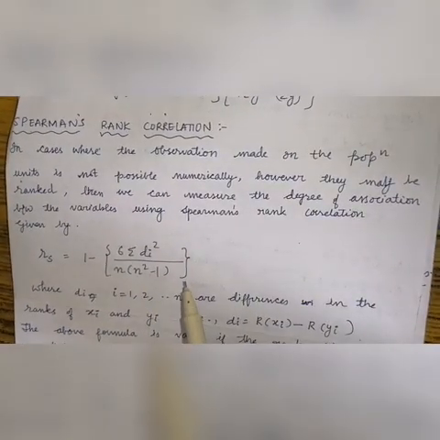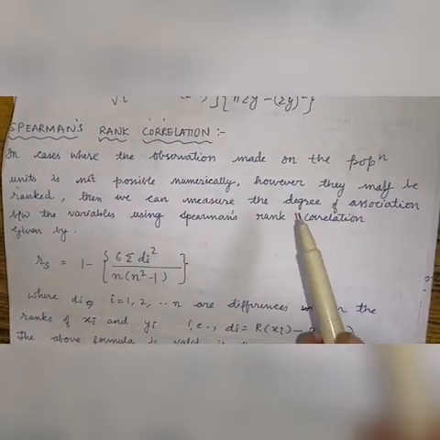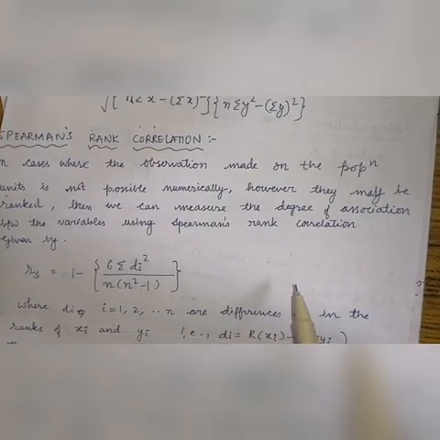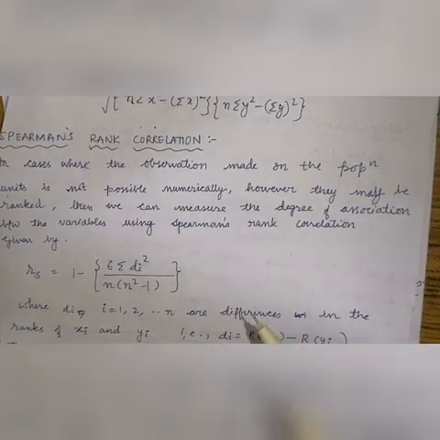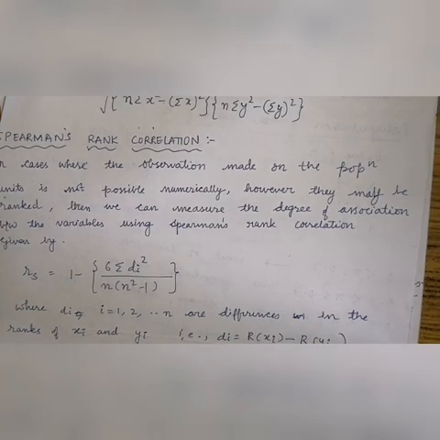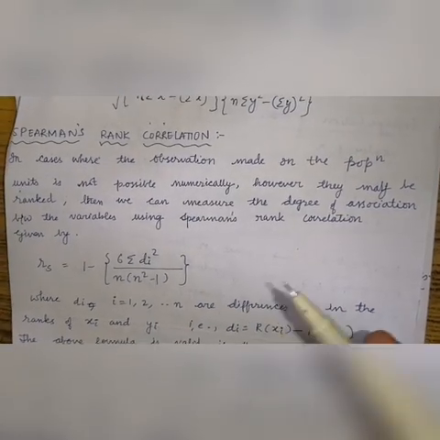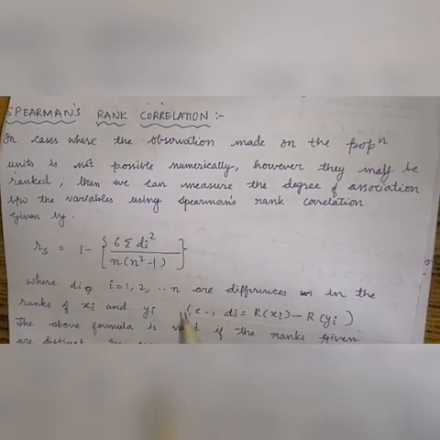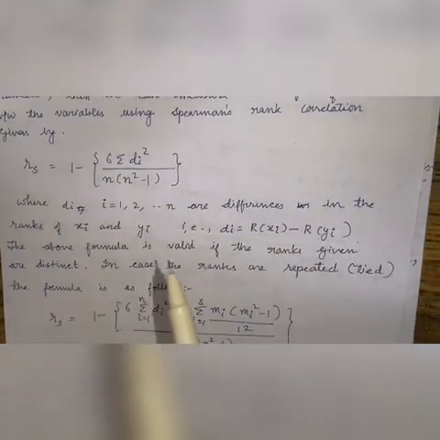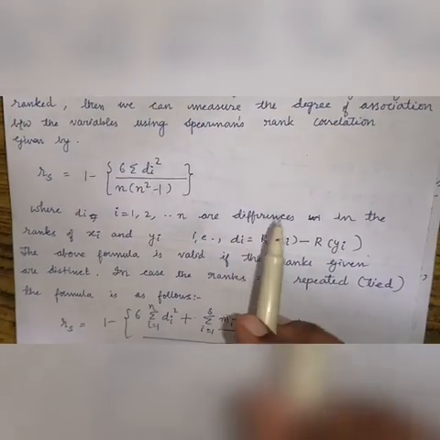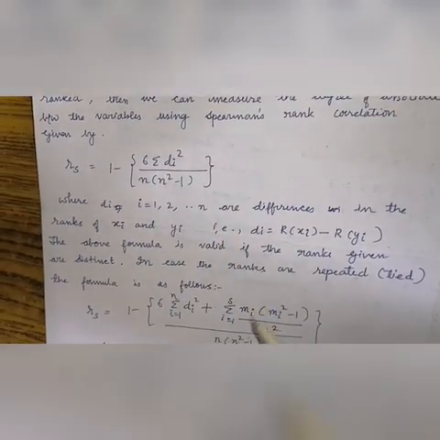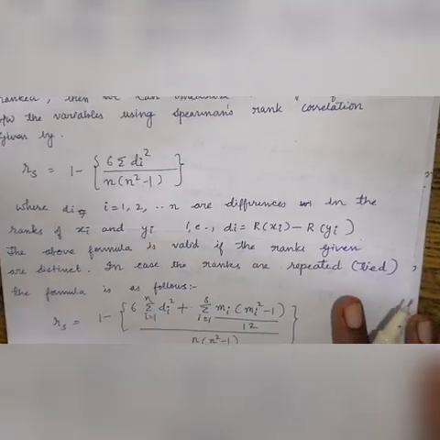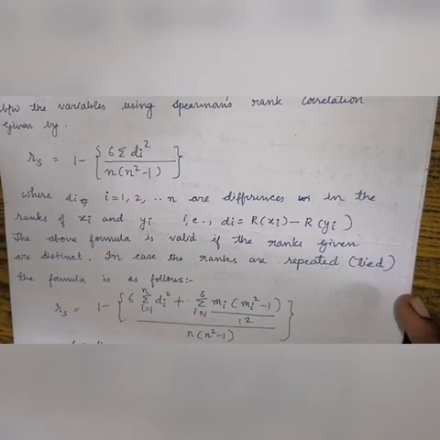In Spearman's rank correlation, the difference between Karl-Pearson's and Spearman's correlation is that Karl-Pearson's correlation considers the values. It considers interval and ratio data. Now here in the Spearman's rank correlation, the data is given in terms of ranks. If ranks are given to you, you will have to use Spearman's rank correlation. Otherwise, you could use Karl-Pearson's correlation coefficient.